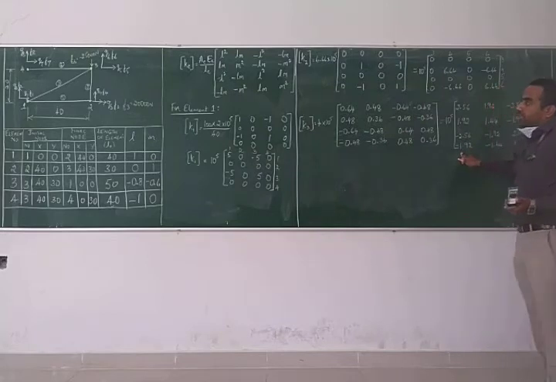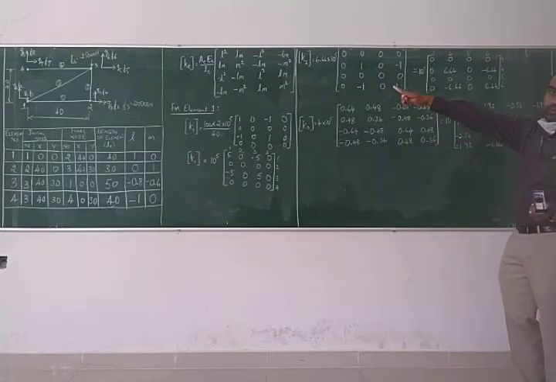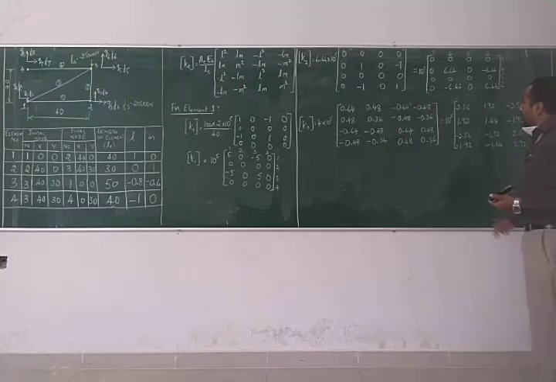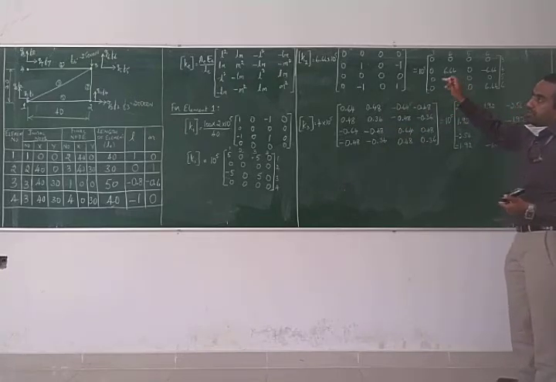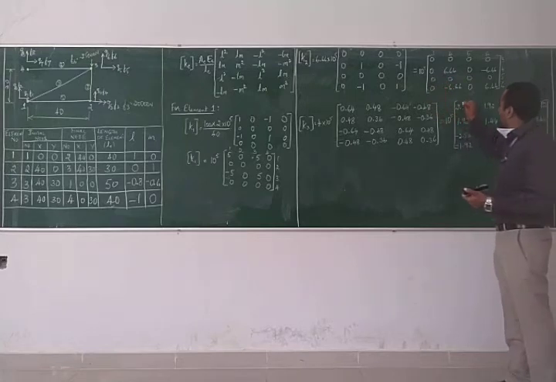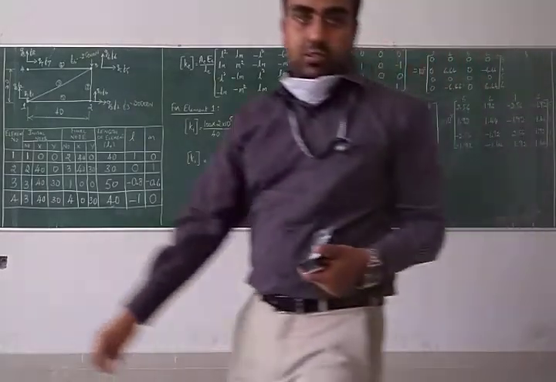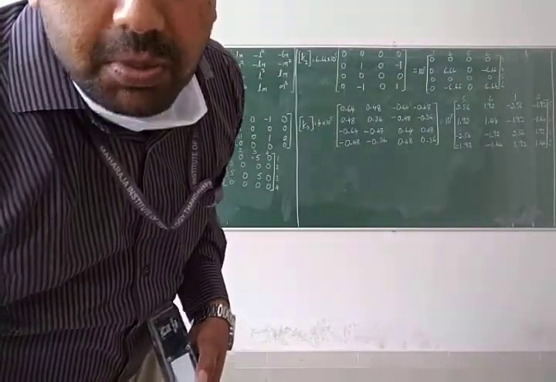Now marking the degrees of freedom for the obtained matrix. Initial node for K3 is node number 3, final node is node number 1. For node number 3, degrees of freedom are taking the numbers 5 and 6. So this is 5, this is 6. For node 1 it is 1 and 2. So 5, 6, 1, 2. I hope 1, 2, 5, 6 on the row are visible. Yeah, it is there.